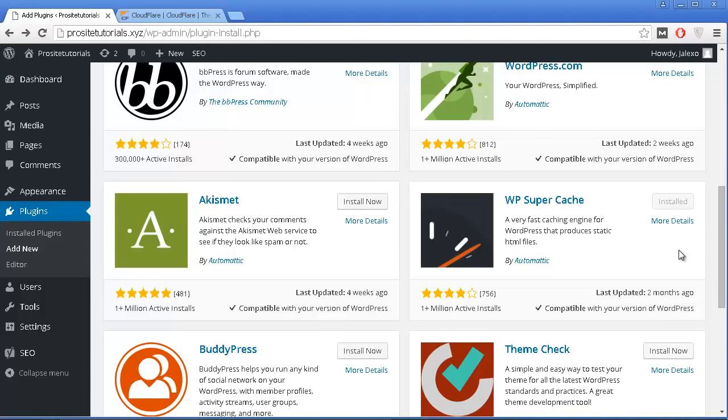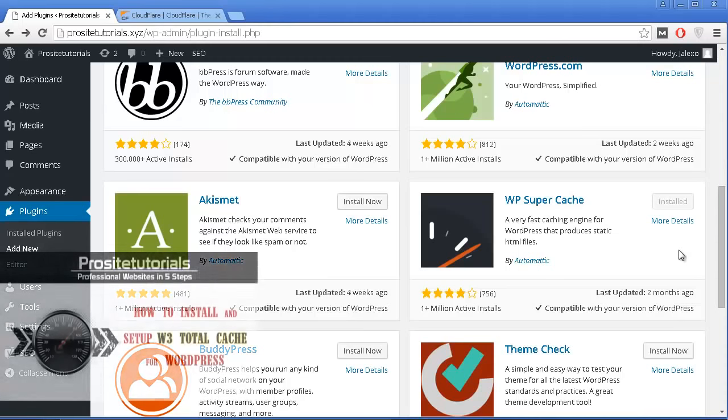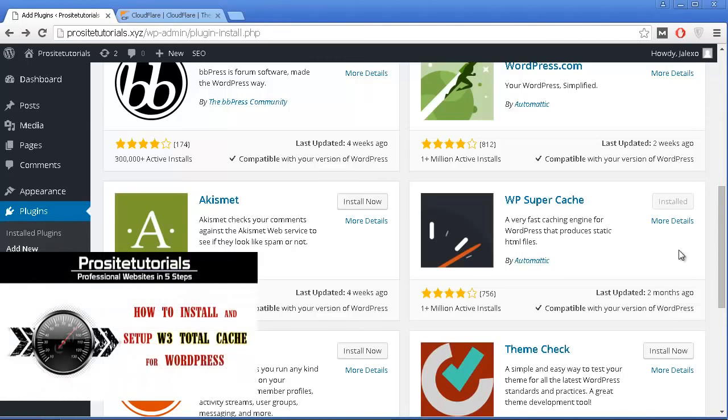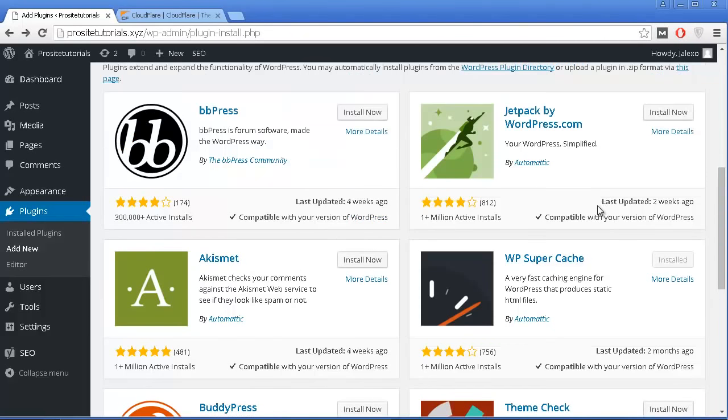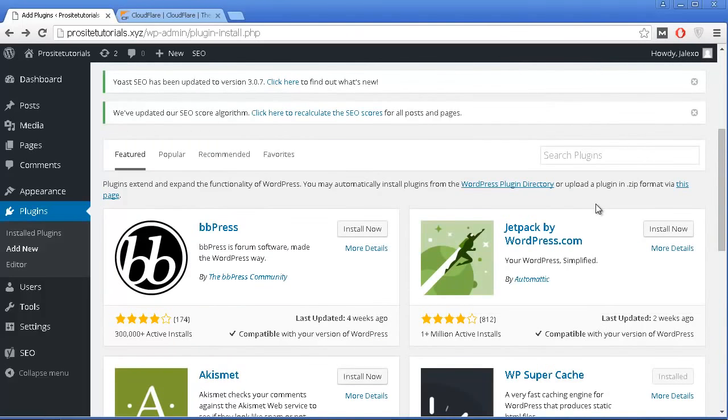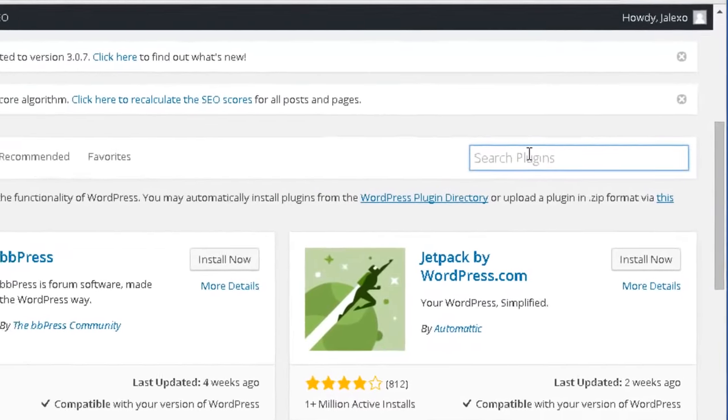But if you want to look at this plugin and the next one in detail, I'm going to leave a link on the screen so you can click on that link and watch my videos explaining them in detail. Anyway, WP Super Cache will improve the performance of your website so it can load faster on someone's computer or mobile screen. The other plugin that you want to install so you can optimize your website, and this is really important, is called